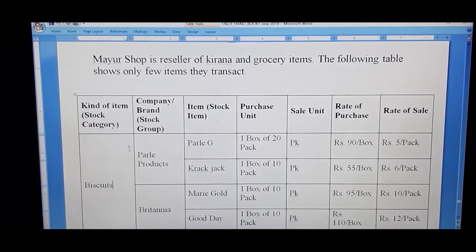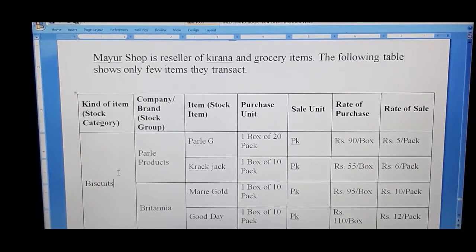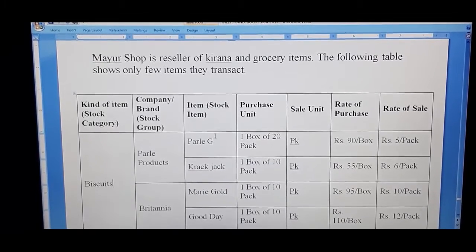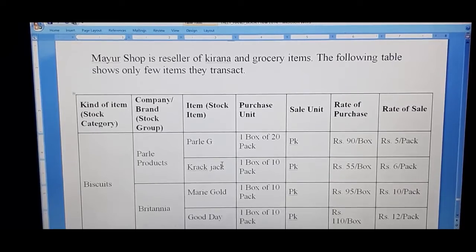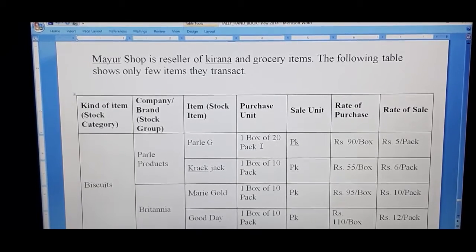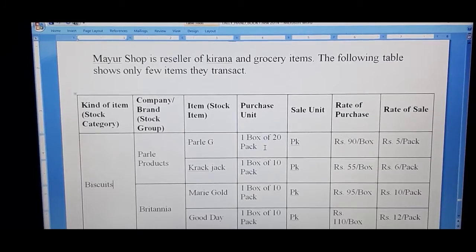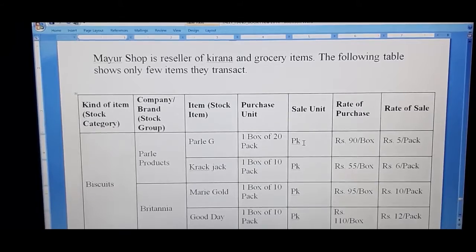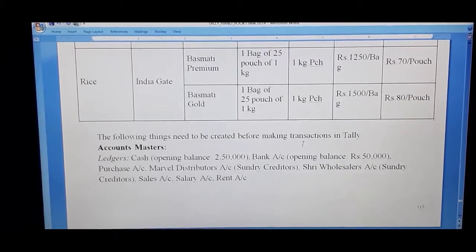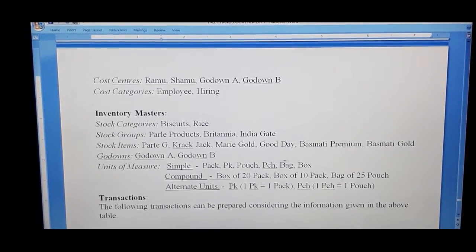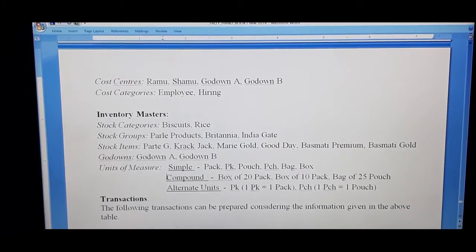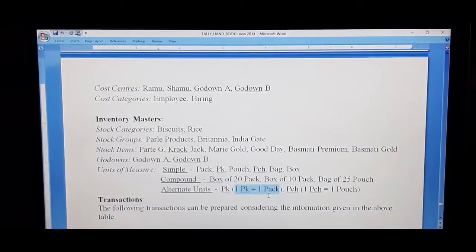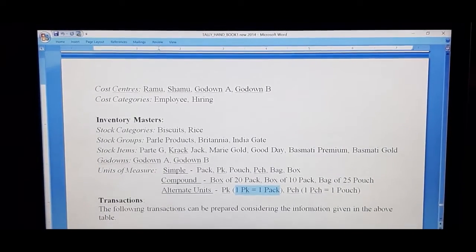We have to create stock category Biscuits, stock group Parle Products, stock items Parle-G and Crackjack, compound units of measure 1 box of 20 pack, 1 box of 10 pack, alternate units of measure PK. 1 PK is equal to 1 pack. We will be back with Tally.